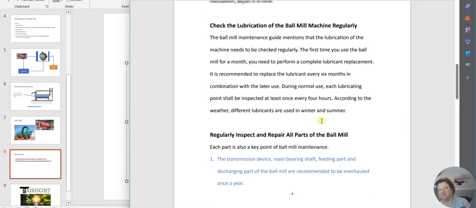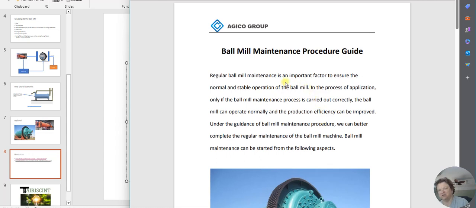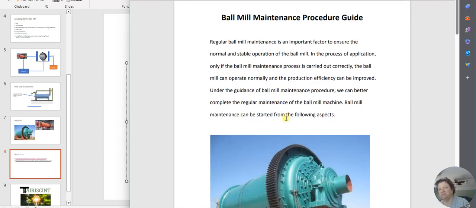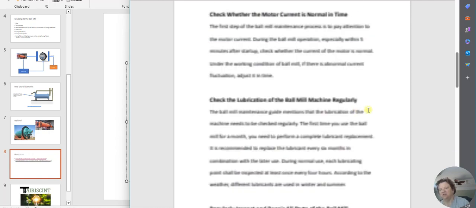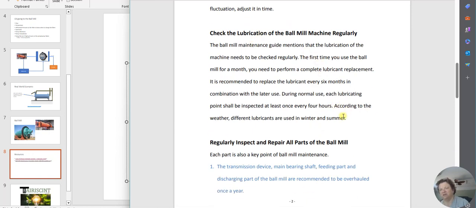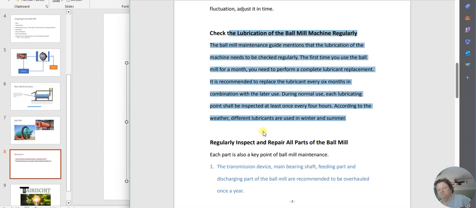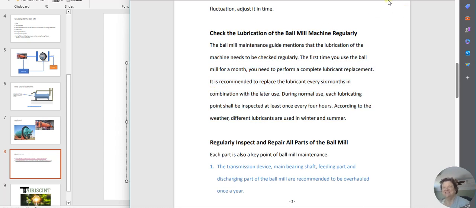So, this link is just from a Gecko group talking about regular ball mill maintenance. Part of that is making sure that we're lubricated properly. And that's one reason why we monitored the flow for this oil going through. And as we all know, I can tell you right now, this does not necessarily happen as far as replacing the lubricant every 6 months. That depends on a lot of things, but it's always about getting the widgets out, correct? So, anyway,